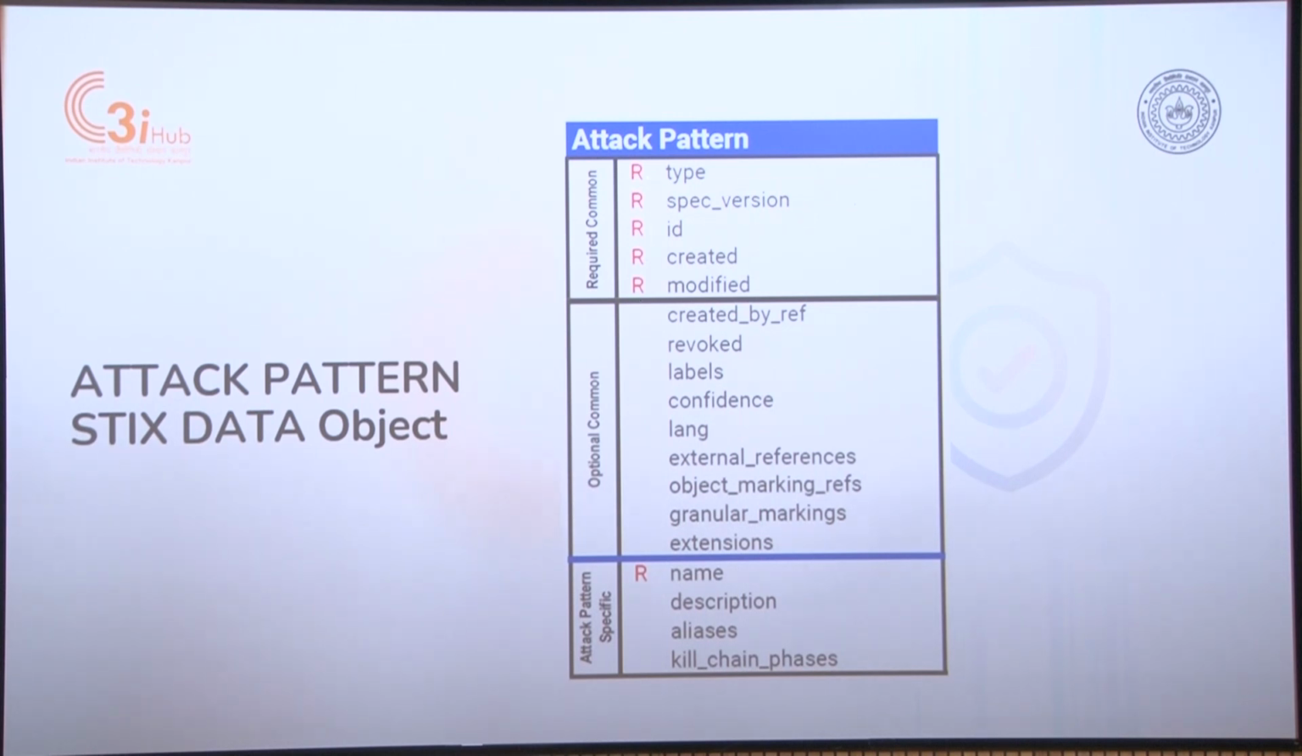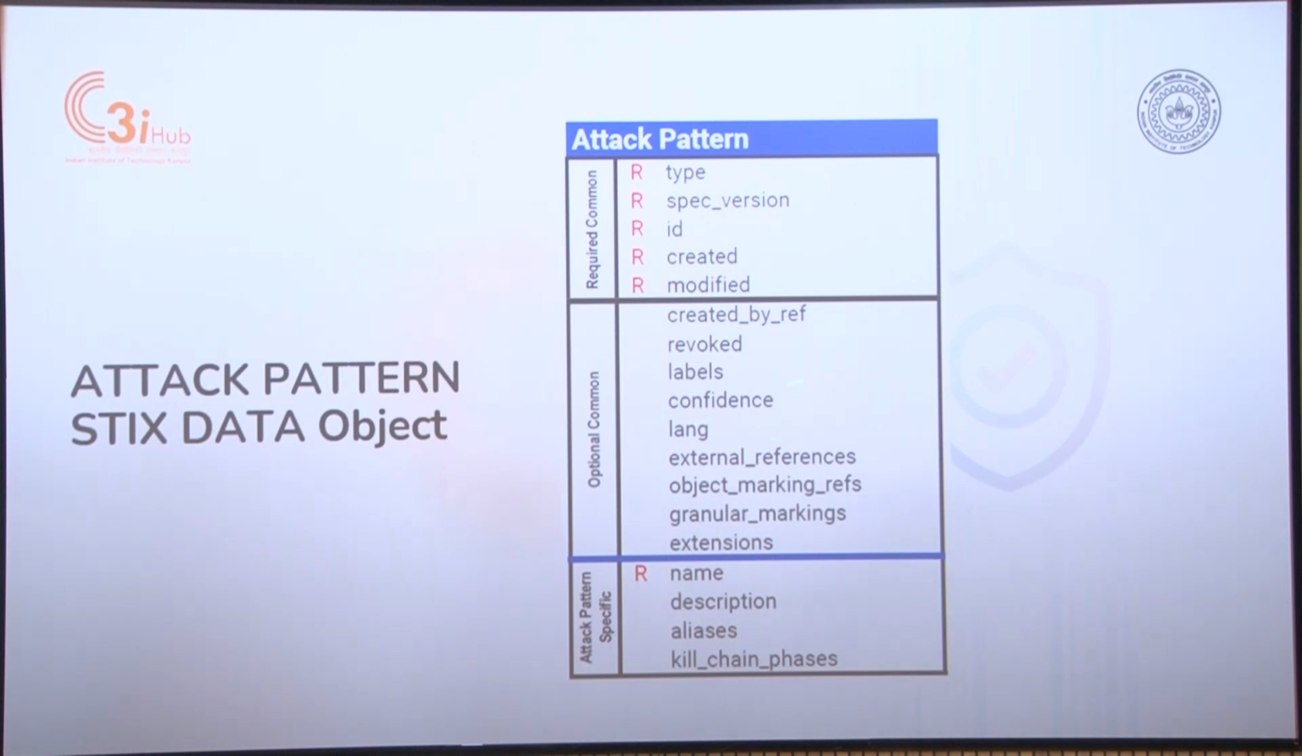R here means that it is required. So, if I want to create an attack pattern object, I must fill in these attributes, and I have to give it a name, right. Other ones are optional. For example, created by, revoked, whether it has been revoked, labels, confidence with which this attack